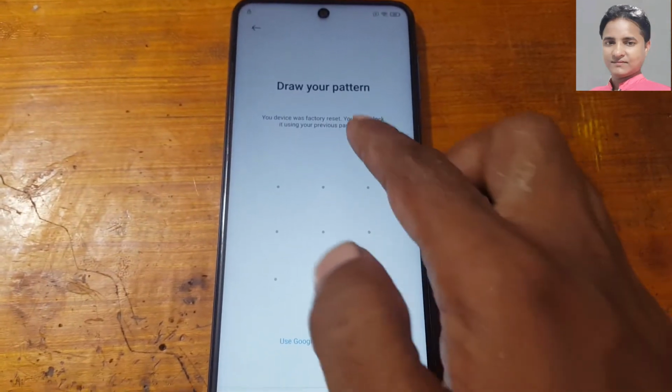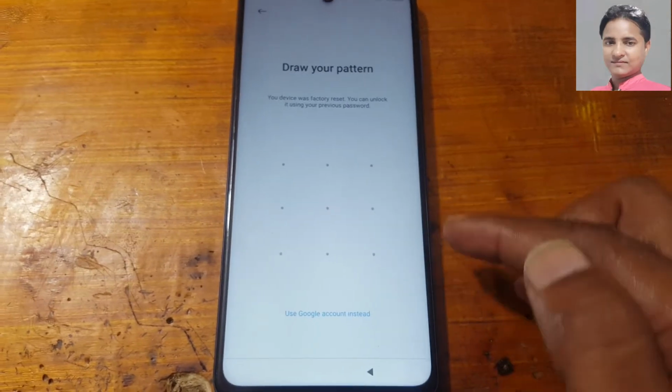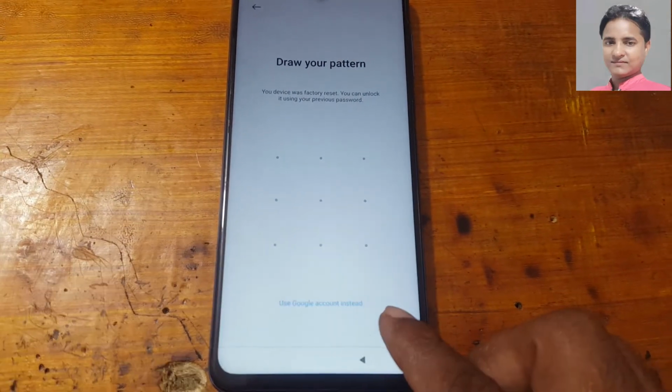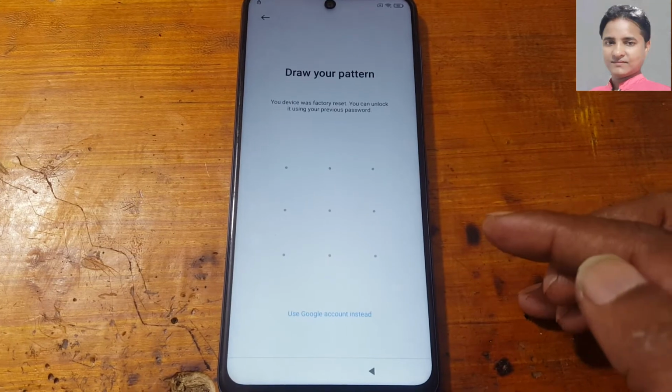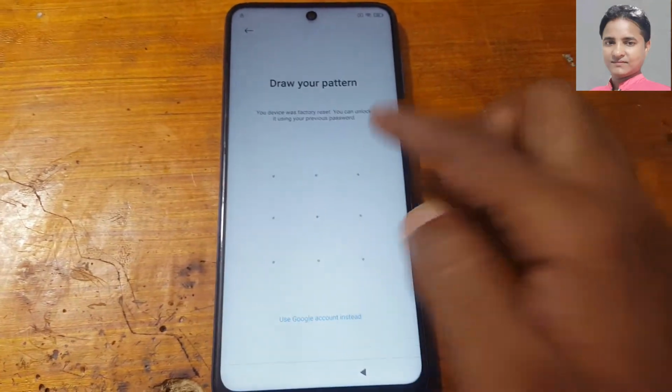As you can see, this mobile is asking to enter the pattern lock or Google account which was previously signed on this device. Okay,